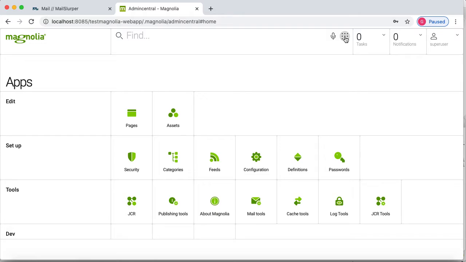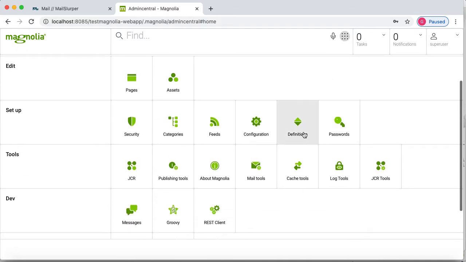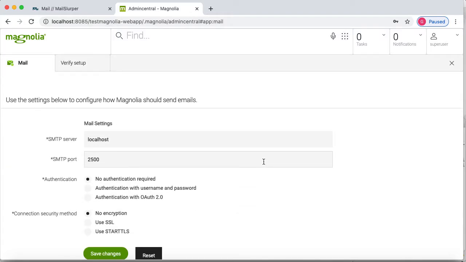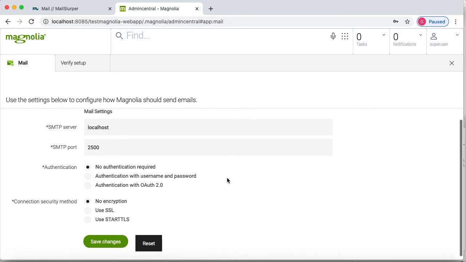After that I will tell you two things. First we will do it without authentication, and then we will move to the second part with authentication. So in the first part I will explain how we can send or test email without authentication, if your SMTP server doesn't use authentication. For this I will go to this mail tool, and here you can see what I have changed. It is reflected here, 2500 as port.